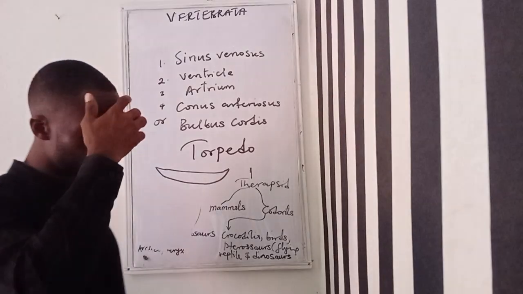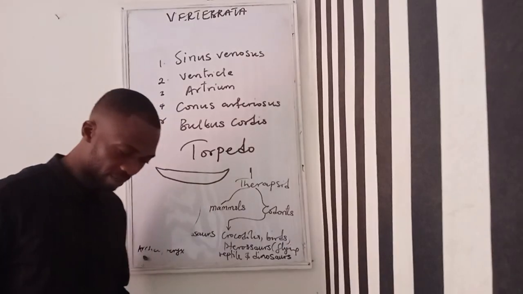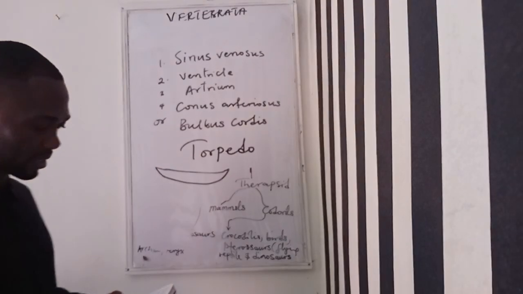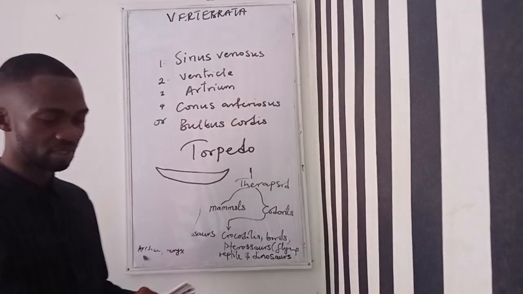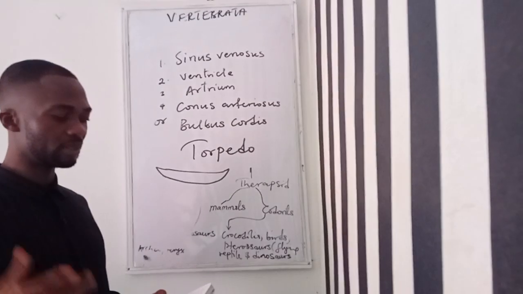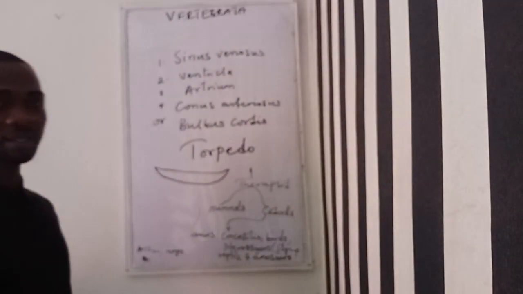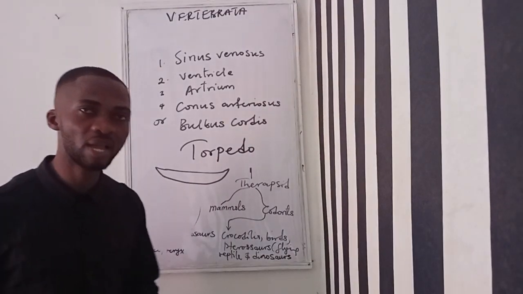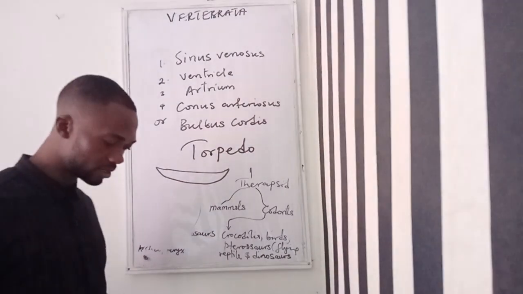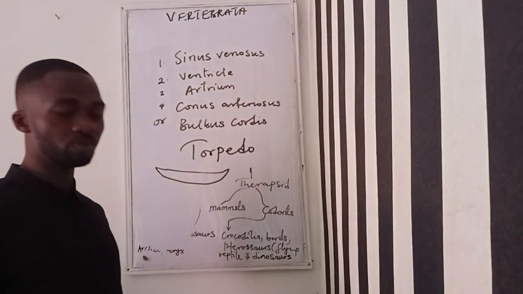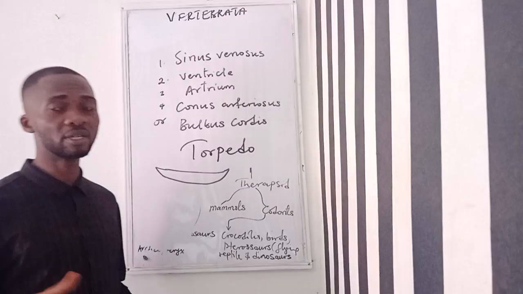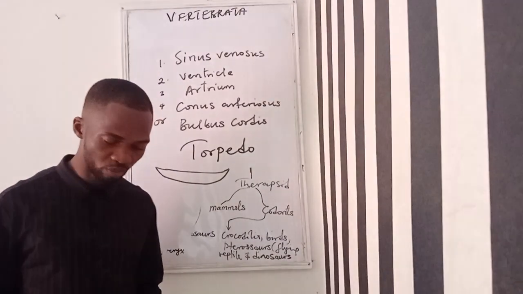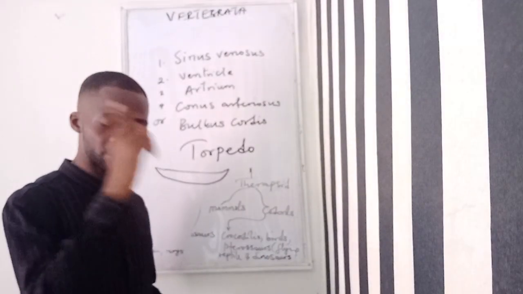Okay, so we now get to the class Amphibia. The class Amphibia, these are craniates that have partially succeeded in overcoming the difficulties of attaining life on land. They have skin that is moist, soft and scaleless, characteristic of amphibians. Members of this class have 2 pairs of appendages. Then they have digits, which may be either 4 or 5, depending on the animal. Then they have movable eyelids.